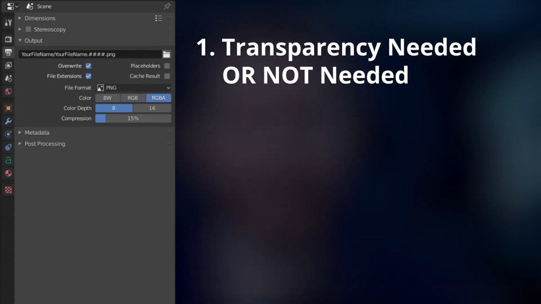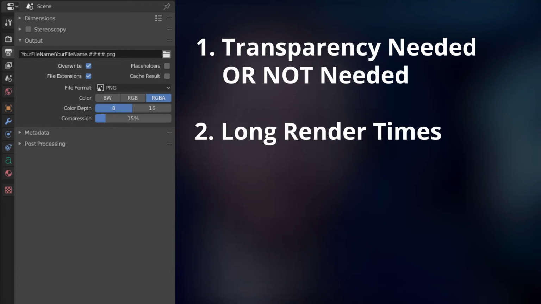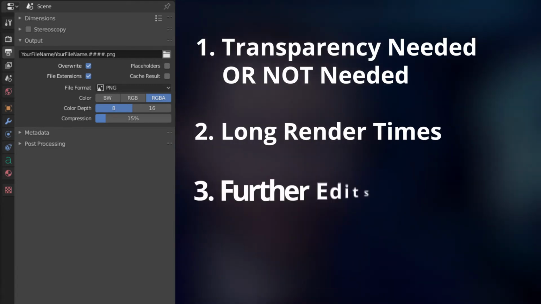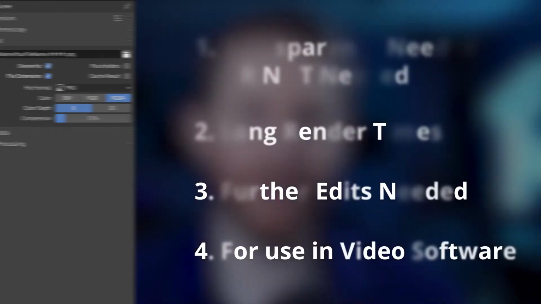this is your option. I would recommend rendering out as a PNG image sequence with these settings if you do or do not need transparency. It's great for either option. The render times are a bit lengthy per frame or overall, you are going to edit this further after you render it out, and/or you are going to use it in video editing software. So if you want to do anything with your animation other than just shoving it directly into OBS from Blender,